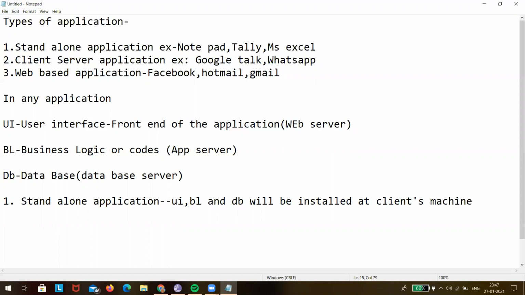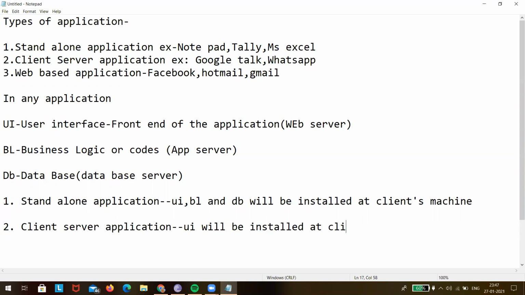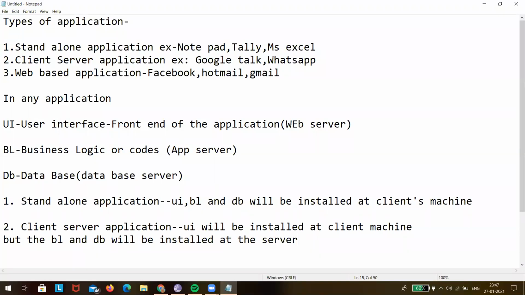But if I take a client server application, the UI will be installed at the client's machine, but the BL and DB will be installed at the server side.